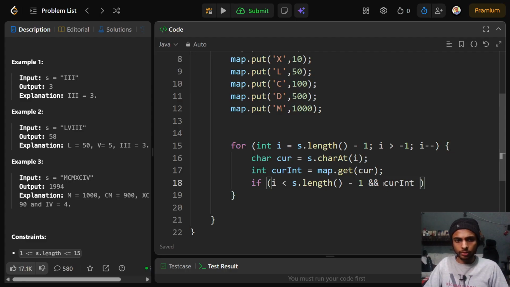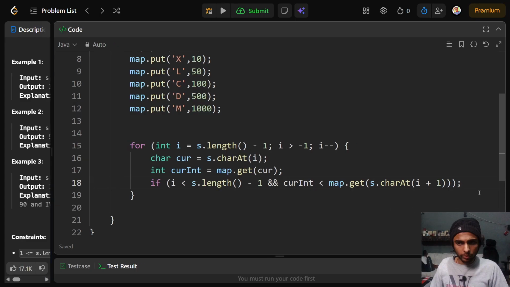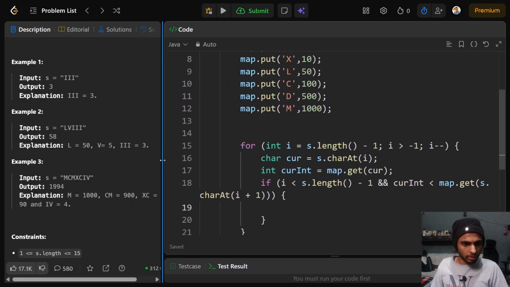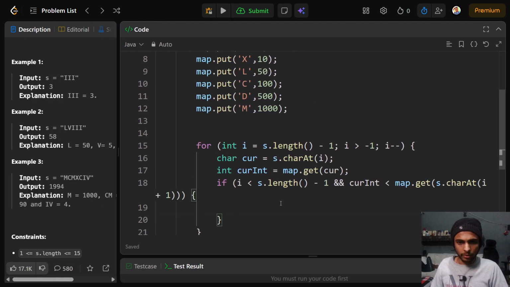If current integer is smaller than the next one, so map dot get s dot character at I plus 1, then we basically subtract from result. Yeah, we subtract result minus equal to current int,